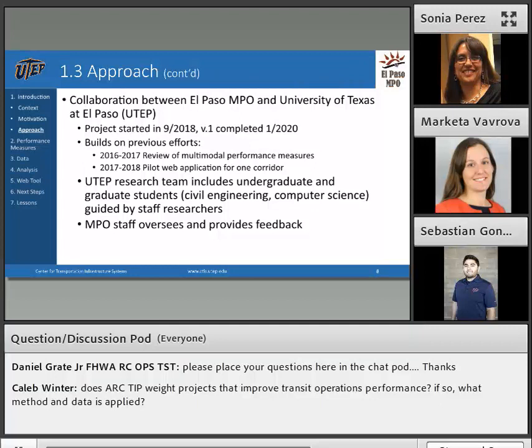This effort builds upon previous projects, also in collaboration with UTEP. In 2017, the completion of a review of multimodal performance measures, kind of like a peer exchange. And in 2018, the completion of a pilot web application of one of the corridors in El Paso County.